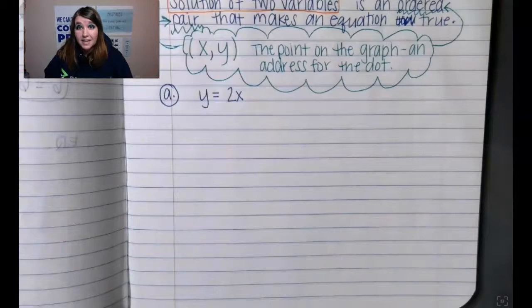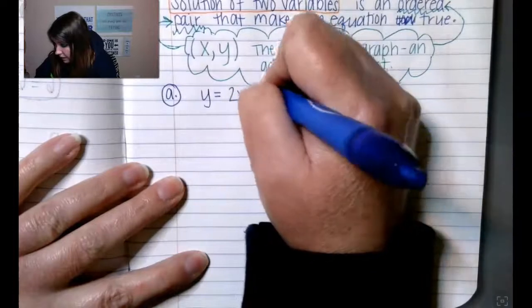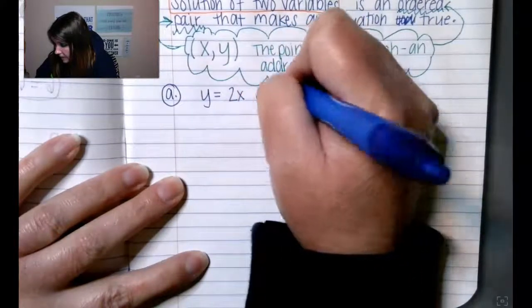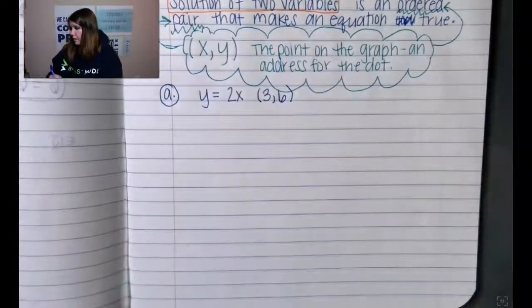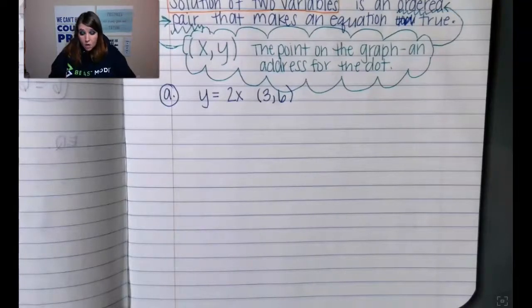Oh, guess what? It is. Because I'm going to tell you that this has an ordered pair attached to it. And the ordered pair is 3, 6. Oh, okay, well, this does not look so bad now